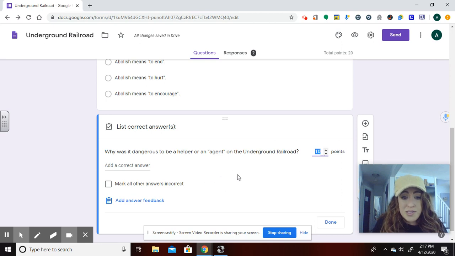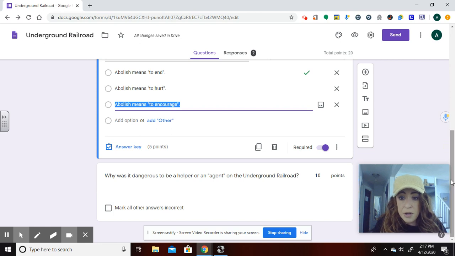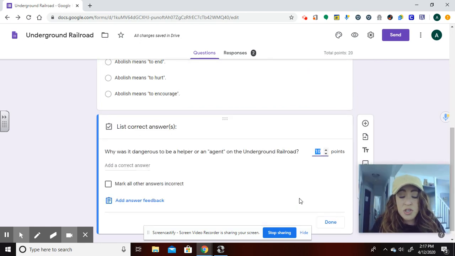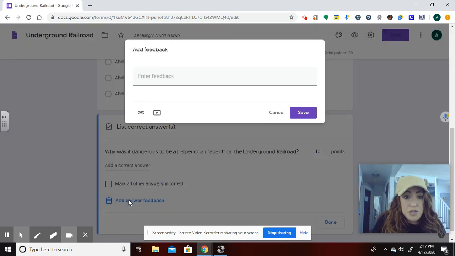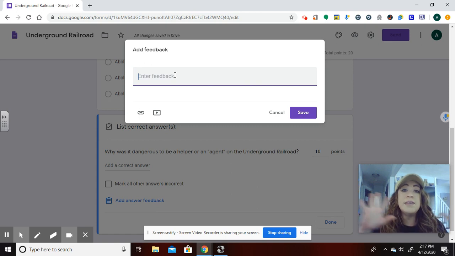So you're going to see that on this one, I did assign it 10 points. I also made this a required question, which you can see if I click off of here, that I did make it a required question. And you see the option that you can mark all other answers incorrect. So you may be saying, what do you mean? What answer are they referring to that all of the other ones would be incorrect? Well, you have the option of adding answer feedback. And this is basically like your answer key. What would the ideal answer be